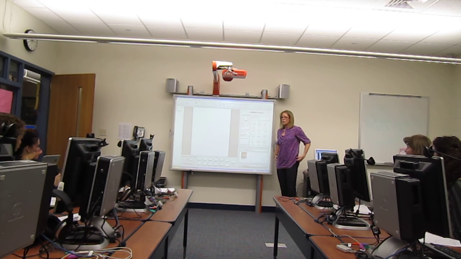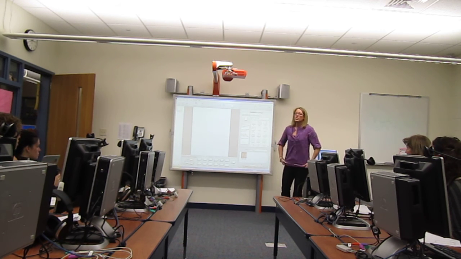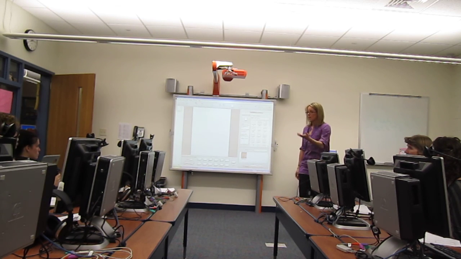Is there any drawing component in here? Or do you have to import it? I think you have to scan and import them, but that's an option too. I mean, because I'm just thinking like if we,